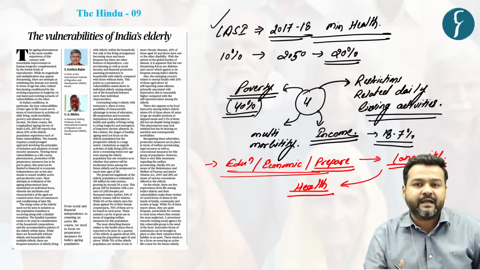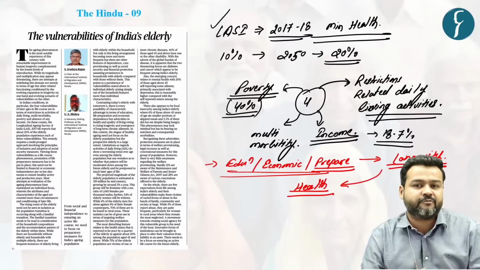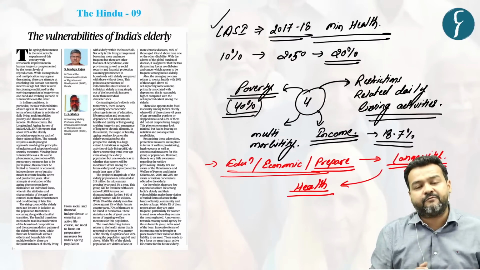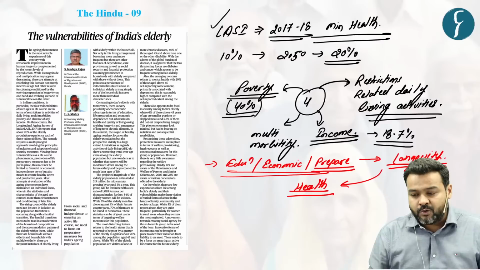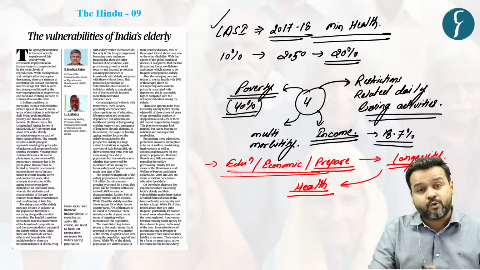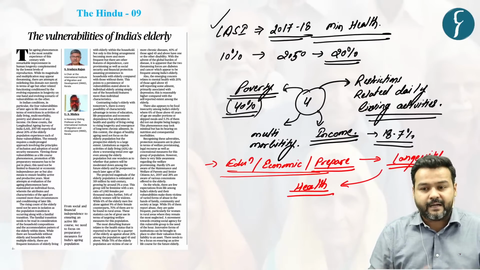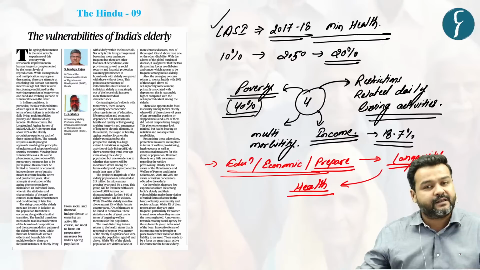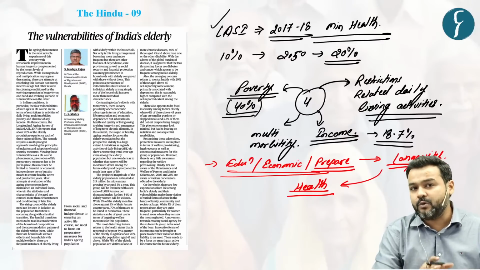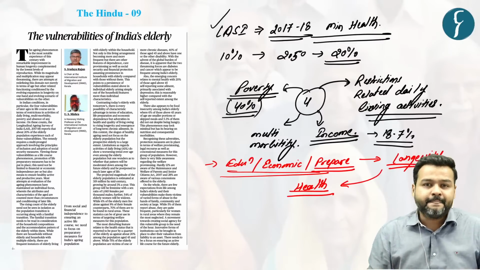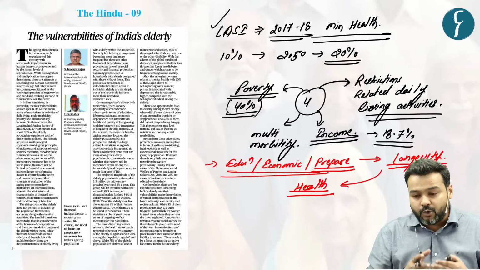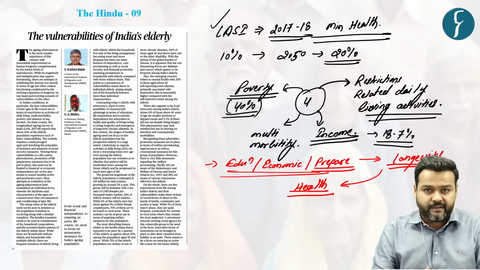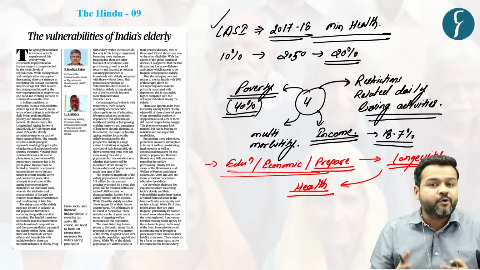Like they have highlighted that there is a feminization of aging because women have a longer average life than men. So they say, and there is a ruralization of poverty, that there are more poor in rural area, more elderlies in rural area rather compared to urban areas. So they say that these data and these findings can be utilized to create more objective and more prudent policies